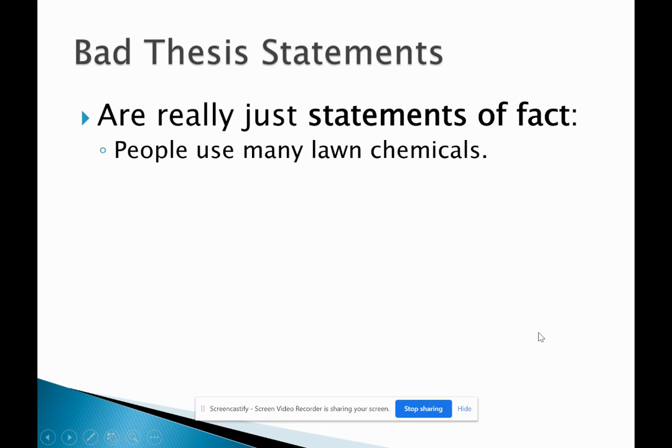So, for instance, if a thesis said, people use many lawn chemicals. Okay, sure, yeah, true. So, is that a problem? Do you disagree with that practice? Do you think we should stop doing that? Why do people have lawns anyway? Like, what are they good for? Nothing really. Can't eat them. Anyway, look at all this work I'm doing, okay? When the person who wrote the thesis really isn't doing a whole lot other than stating a